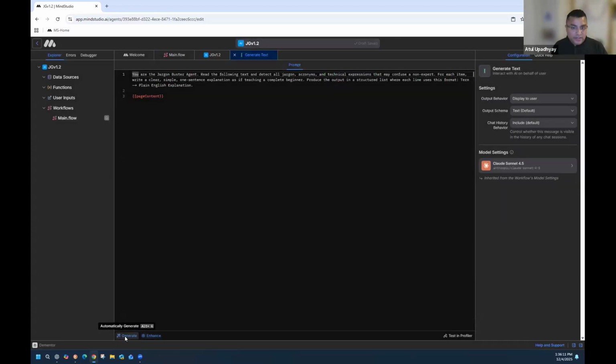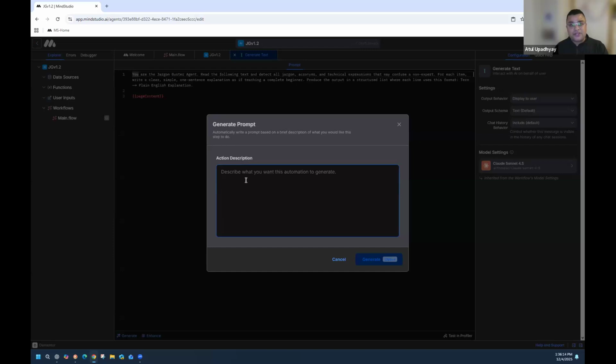So we have the generate button here. In this generate button, you can mention, for example, let's say, please create a prompt that would list the top 5 most watched professional sports in US, along with some stats and future growth trajectory. I think my spelling should be okay here.